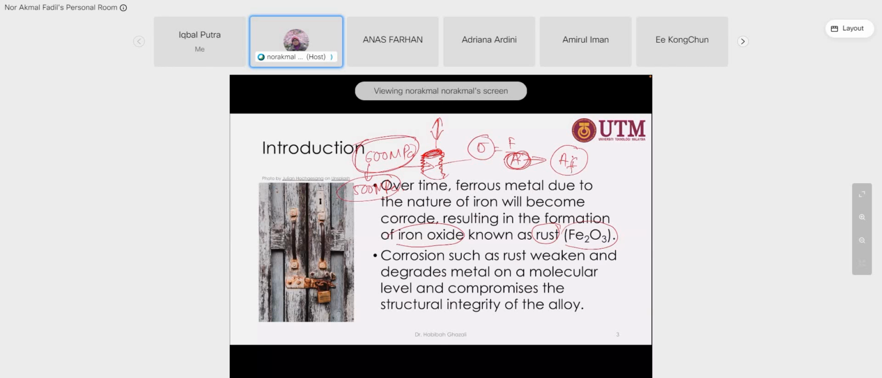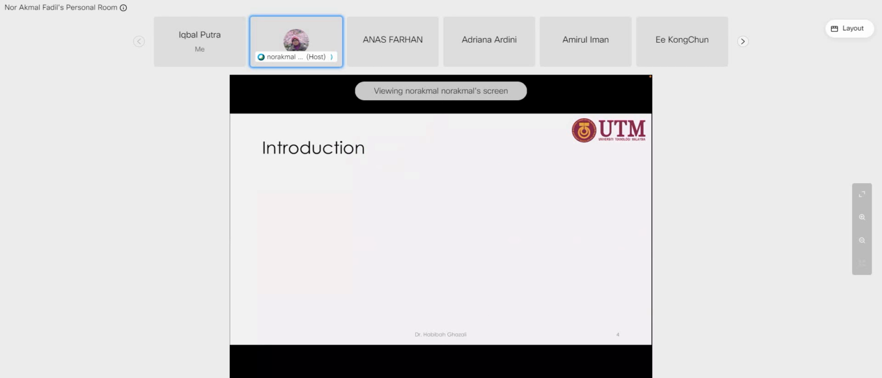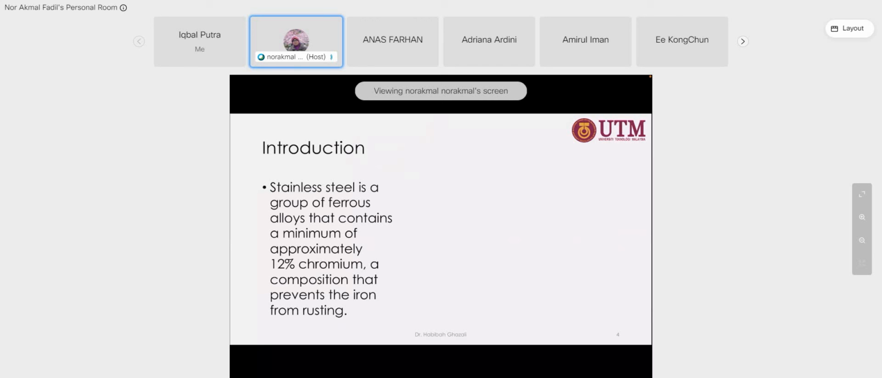So if the structure is rusted, corroded, it will weaken and degrade the metal at the molecular level and the structural integrity. So that's the reason we have to always monitor the size, dimension, and thickness of our metal part, whether or not it is being degraded. All right,